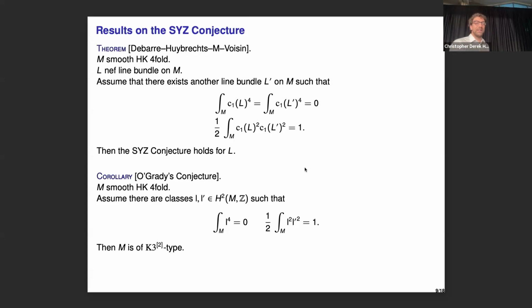So as a corollary, we proved the SYZ conjecture, but then we use this to prove that the variety that we get is actually of K3^[2] type. So this is interesting from the viewpoint of classification, because we are using the abelian fibration structure to deduce some geometric property, and in this case we just classify. So we say that there is nothing else. It was actually the same type as what we know before.